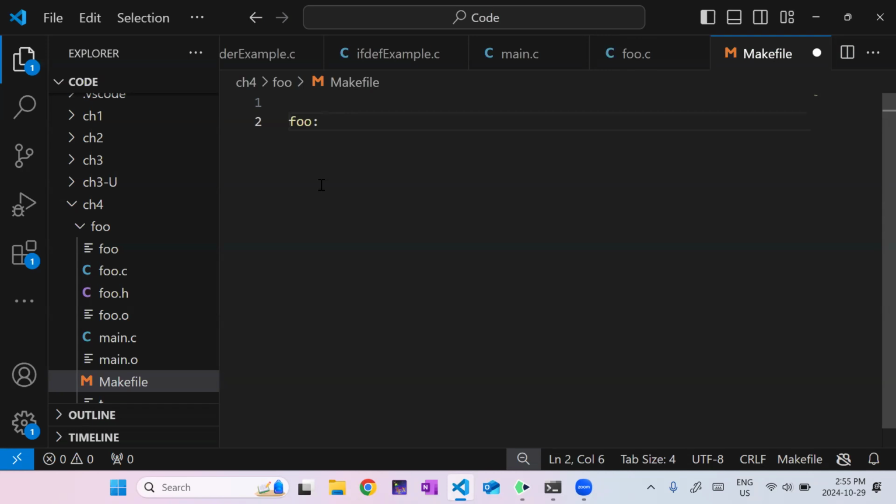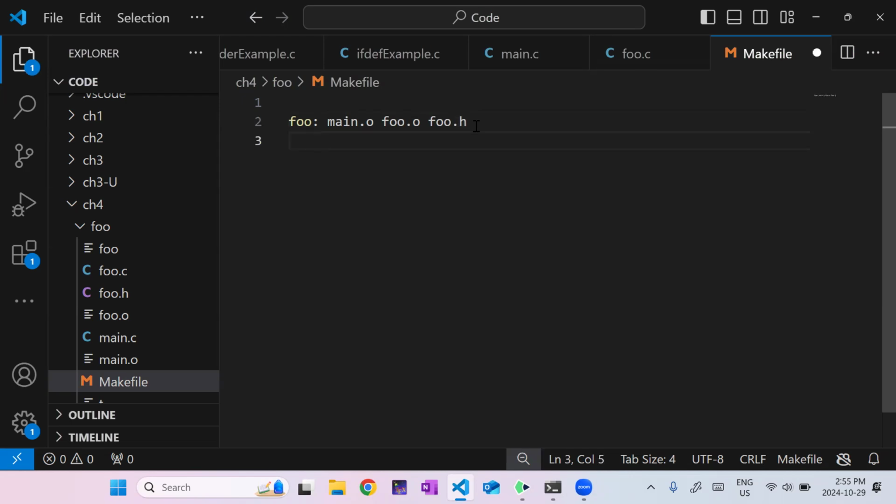Well, for us, that is main.o is one, foo.o is another, and I can include foo.h here as well, although that would probably not be strictly necessary, but it's not going to hurt. So I'm saying if any of these files were changed, I want you to recompile this foo executable.